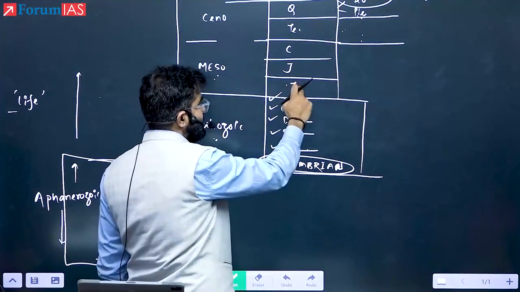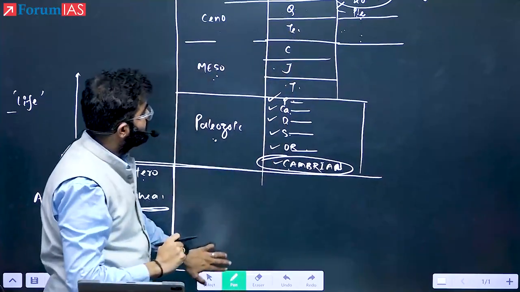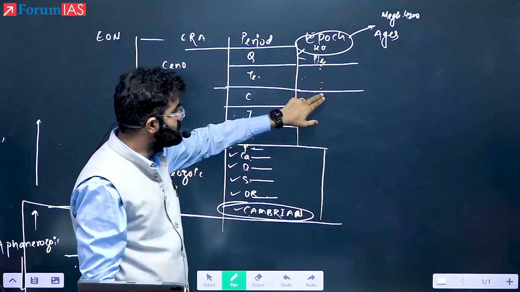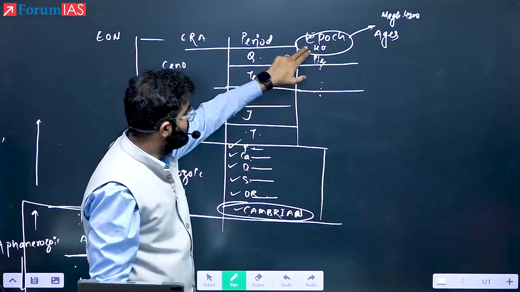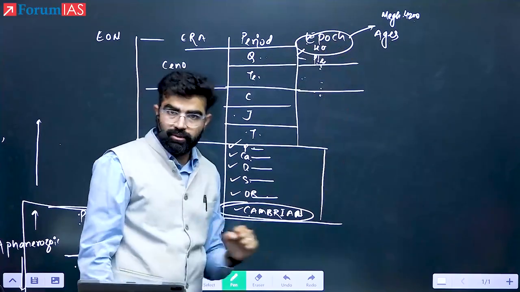See, Meso is divided into 3, then Ceno into Quaternary and Tertiary. Tertiary is further divided into the Paleocene and the other epochs. Then Quaternary will be divided into Pleistocene and Holocene. Holocene will further divide into 3. Now,